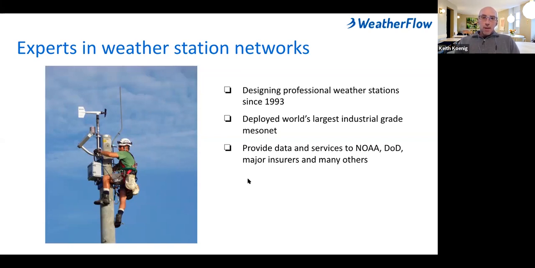We provide weather data services to folks like NOAA, the Department of Defense, the US Navy, major insurance companies, and a whole plethora of weather data users. In the photo here, you see one of our founders, Phil Atkinson. Phil's a Harvard electrical engineer and one of the world's foremost experts in deployed weather networks and systems.